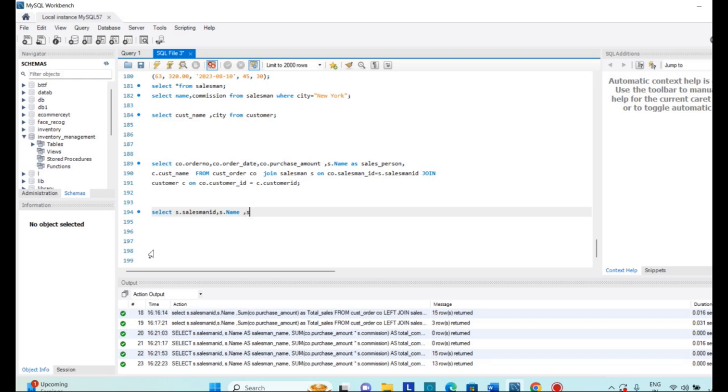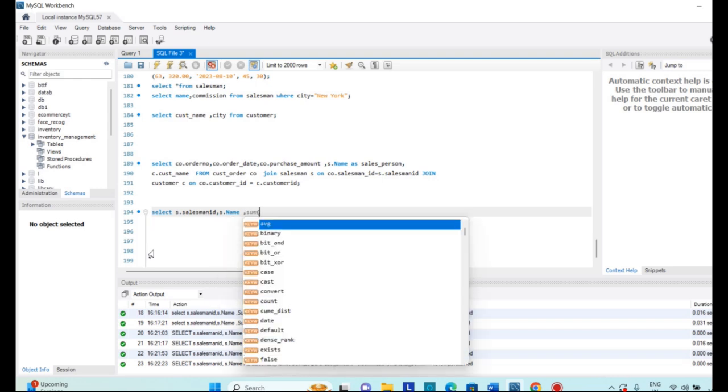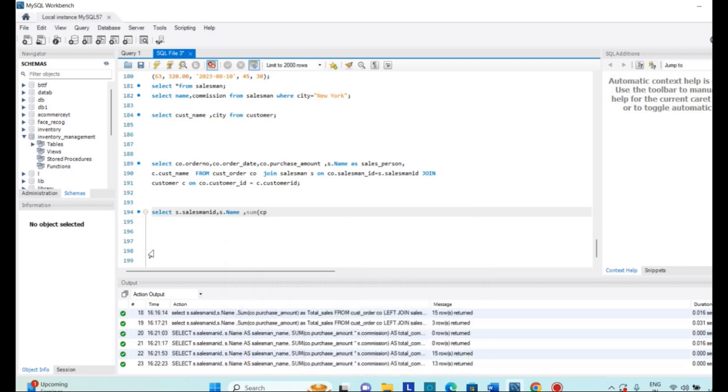So we will write sum of CO, as a shorthand for the customer order table, dot purchase amount multiplied by s dot commission as total commission.